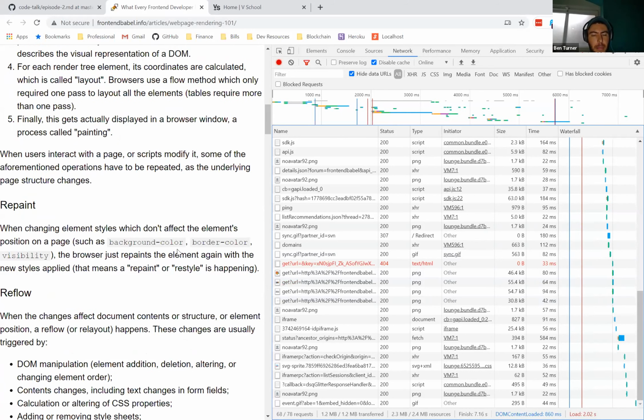Cool. So to recap, when you visit a site, you are requesting an HTML file from a server. The server provides an HTML. Your browser then parses that HTML, compiles it into a render tree based on the DOM and the CSS tree, and it then determines the layout. It calculates based on that tree. It then determines the location or the coordinates of each node on that tree, and then it paints it to the browser window, and that's ultimately what you see.